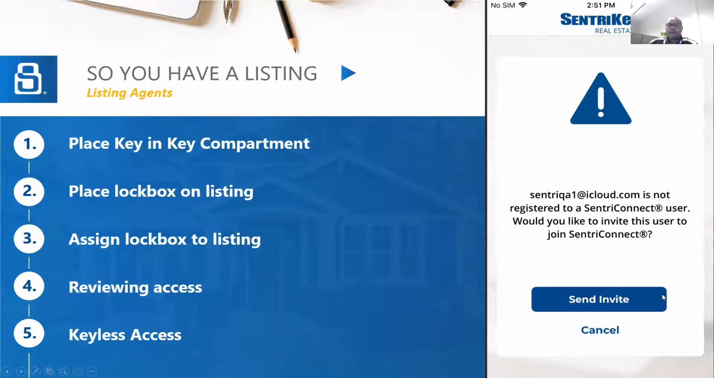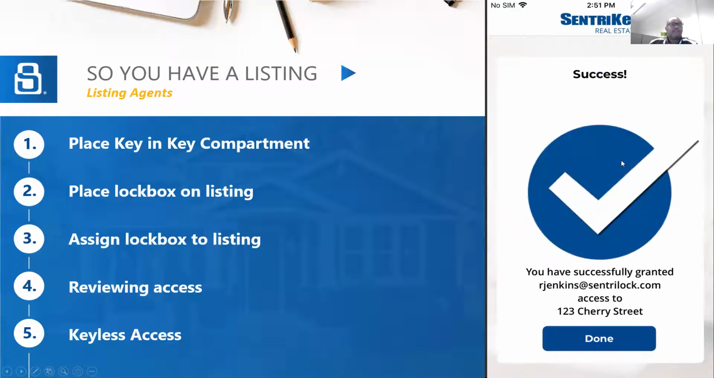And if it's a Bluetooth box, they'll actually be able to use the Sentrikey Connect app just like you would use your app on a Bluetooth box by pushing enter to open a box. So that Sentrikey Connect app is going to work the same as your app does for a Bluetooth box. And so again, you just send the invite, and then you'll get the success message letting you know that